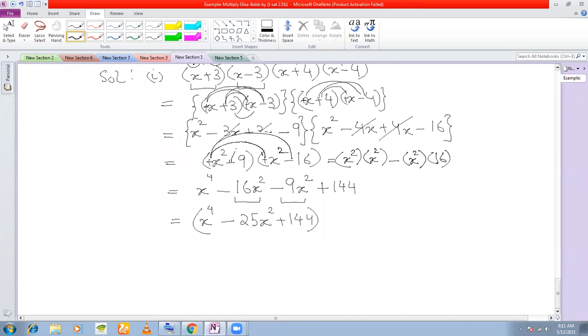Right? Next, this plus minus sign will combine with this plus sign to give you a minus sign. You have 9 and then an x square. And then finally, minus will combine with this minus to give you a plus sign, 16 into 9. Now tell me, any question you have?